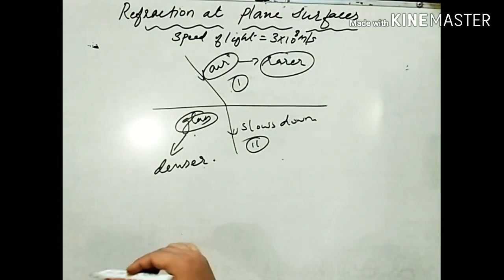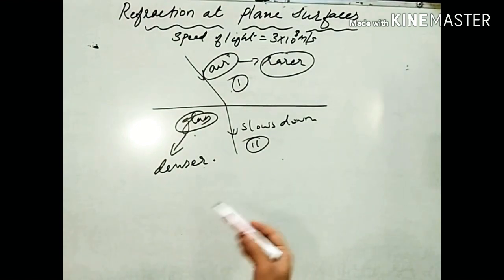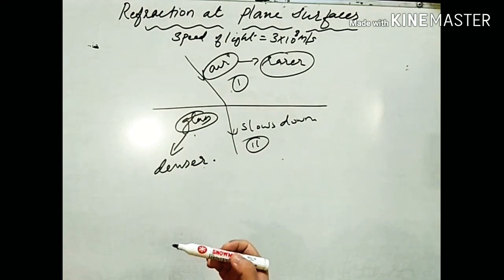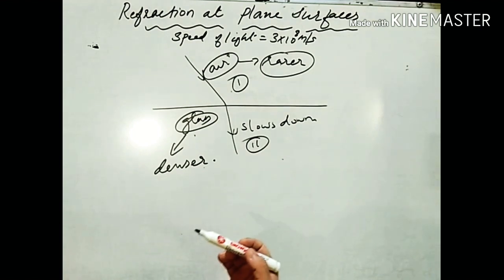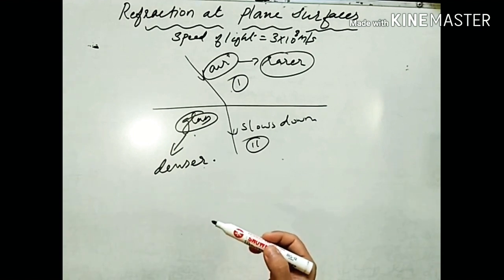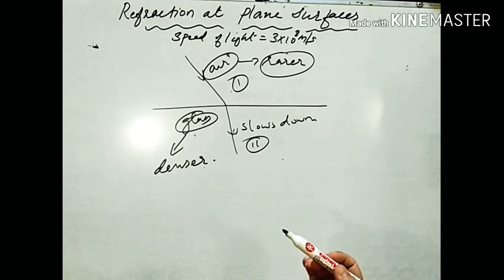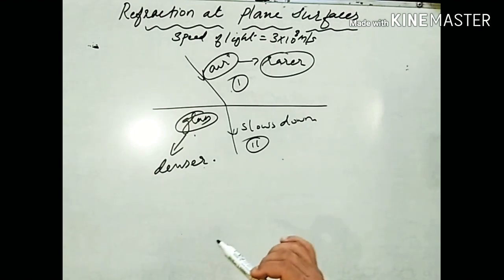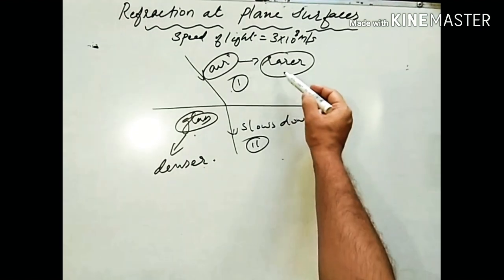So this optical density has no relation with the density of the medium. Remember the fact. Because kerosene is less dense than water, as it floats on water, you might have seen. But it is optically denser than water. Kerosene is optically denser than water. Optical density of a medium depends on the speed of light in that particular medium, while the density of a medium depends on intermolecular separations. Please keep in mind, the optical density has nothing to do with density of the medium. So air is considered to be optically rarer.